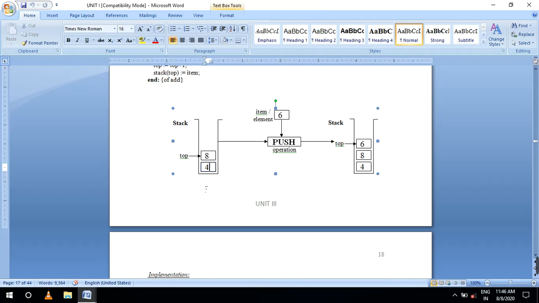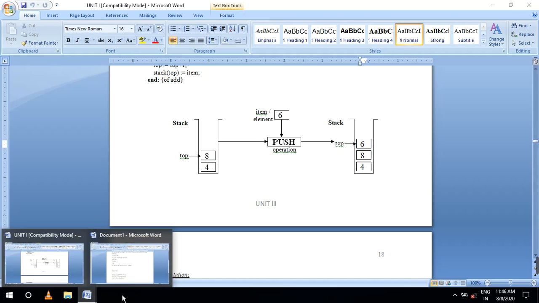This element is the top element at first. Next, I am inserting the element 8, so the top element changes to 8. After that, I am inserting element 6, so the top is 6 and 5 is below it. The stack is last in, first out: if you insert the first element, it is deleted last. This is the concept we are declaring.